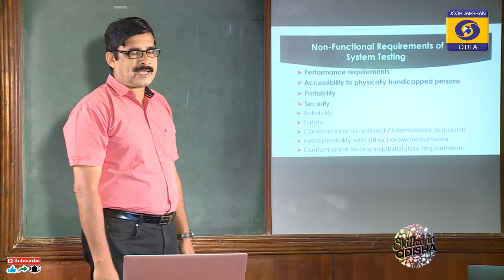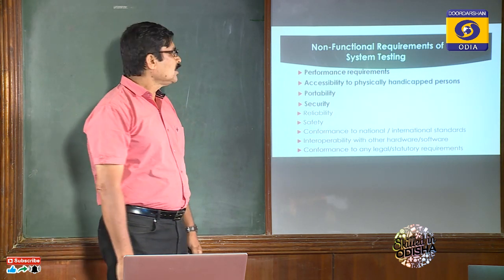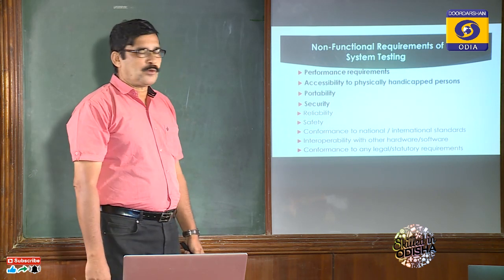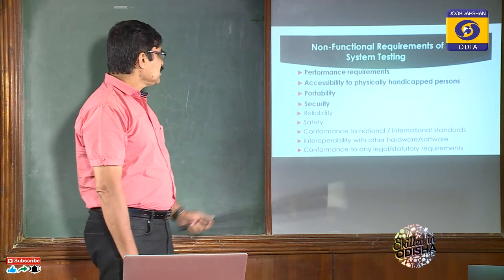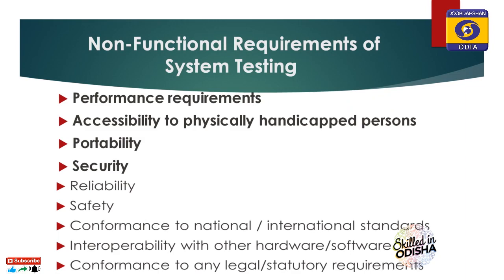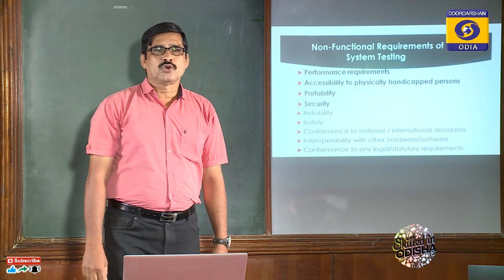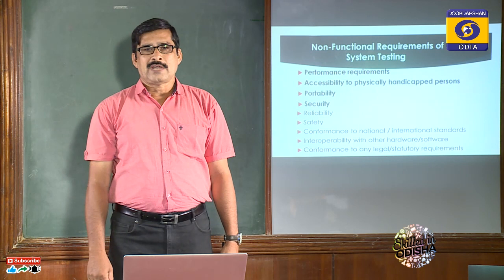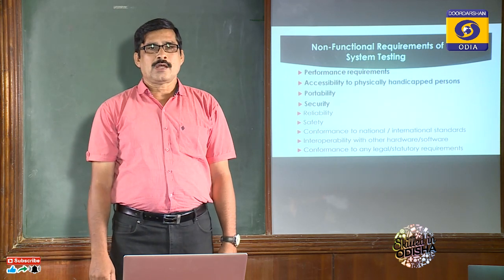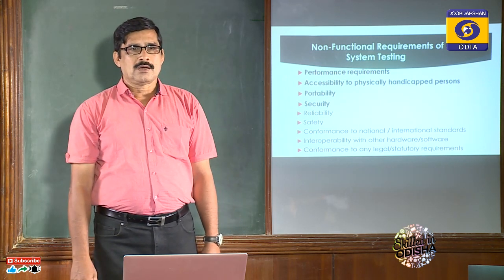If it is not there, then I think it is not appropriate. Third one is portability. Portability means the software should be taken from one computer to another computer and can be used there without any kind of hindrance. That is called portability. That means the system which is designed should move from one place to another without any